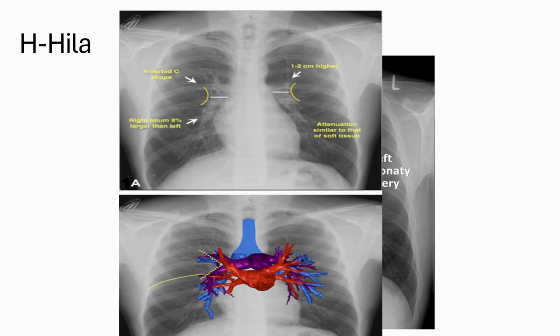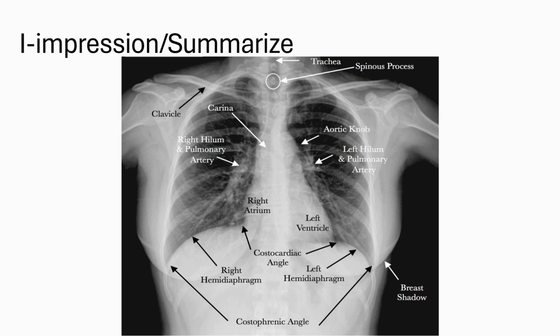As we can see in this image, the upper shows the inverted C shape, and the lower shows the animated image, that is the pulmonary vessels entering into the lung parenchyma and forming the hilum with their concavity outward due to the vessels orientation. So what we see for hilum is its position, outline, that is the inverted C shape, and size. It should be equal in size, and left is slightly above the right. If there is any pathology in hilar region, that is lymphatic or vascular lesions or mass in hilar region, it can cause alteration in the size and shape of hilum.